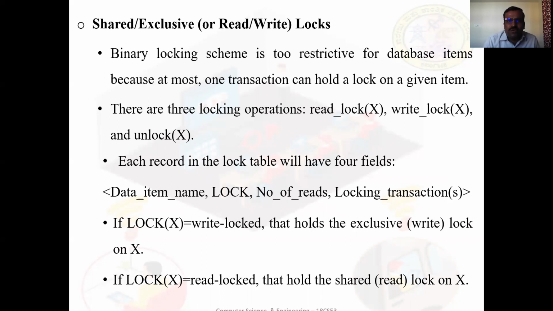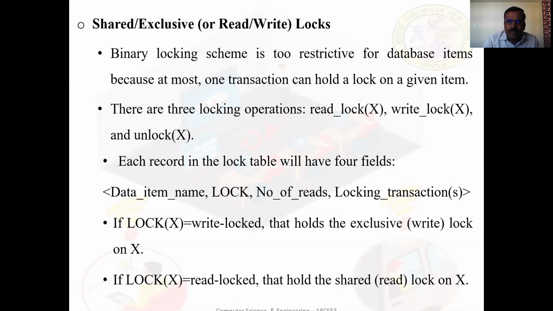Binary means 0 or 1, unlock or lock. Only one transaction can hold a lock on a given item, which is one of the restrictions of binary locks.